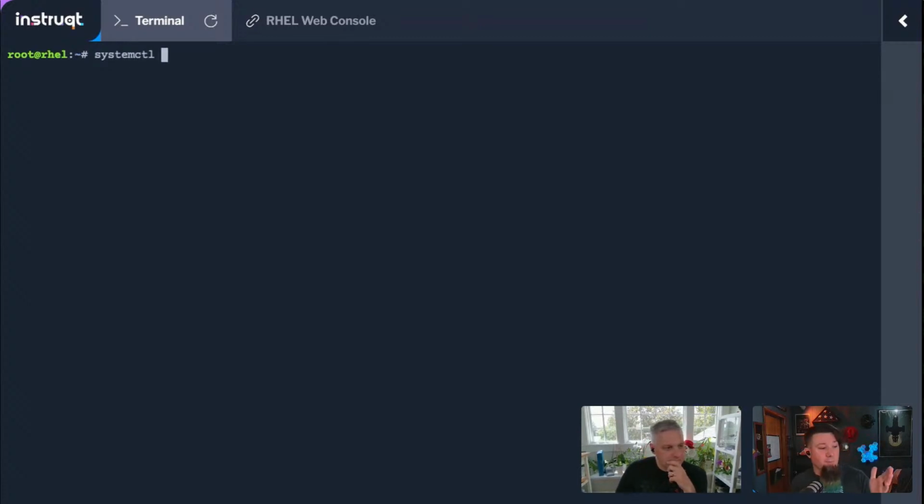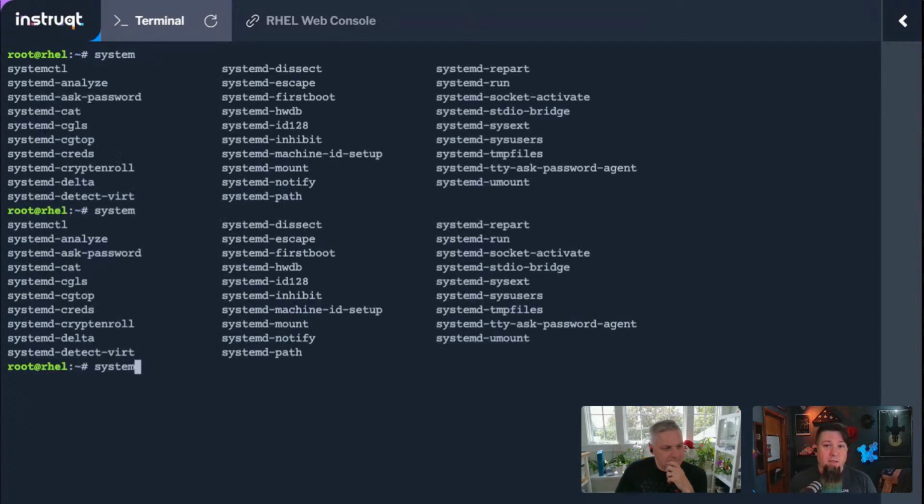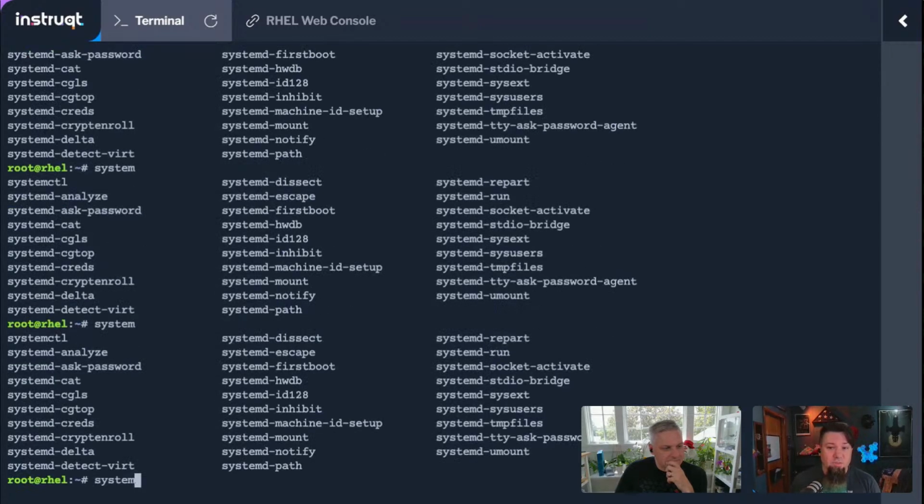See, people who are telling me about tab auto-completion, look, if I hit tab right now after system, there's like 100 different things that start with system. So don't tell me tab completion is the answer. Systemctl enable